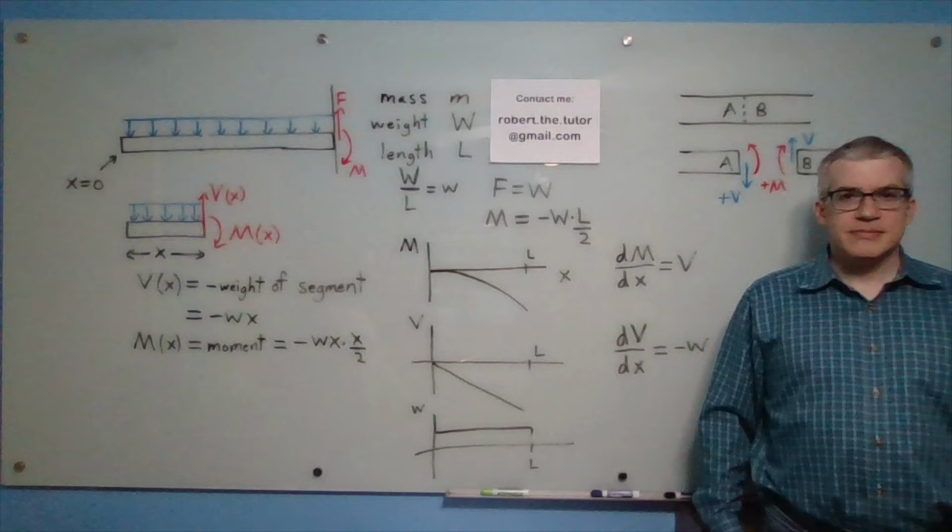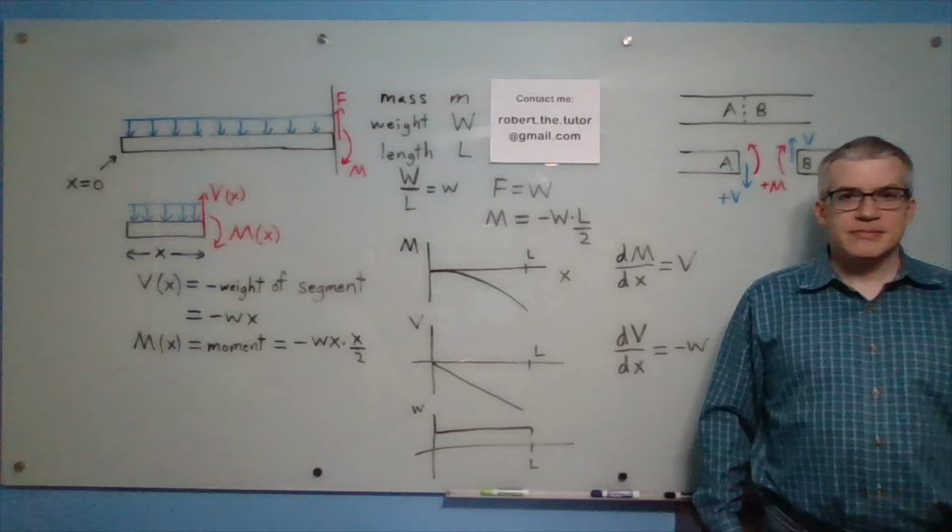Let's find the shear and moment everywhere along a cantilever. X equals 0 is the free end, x equals L is the part attached to the wall. It has mass m, a weight capital W, and a weight per length small w. If you solve the physics 1 problem, you find that the upward force at the connection has to equal the